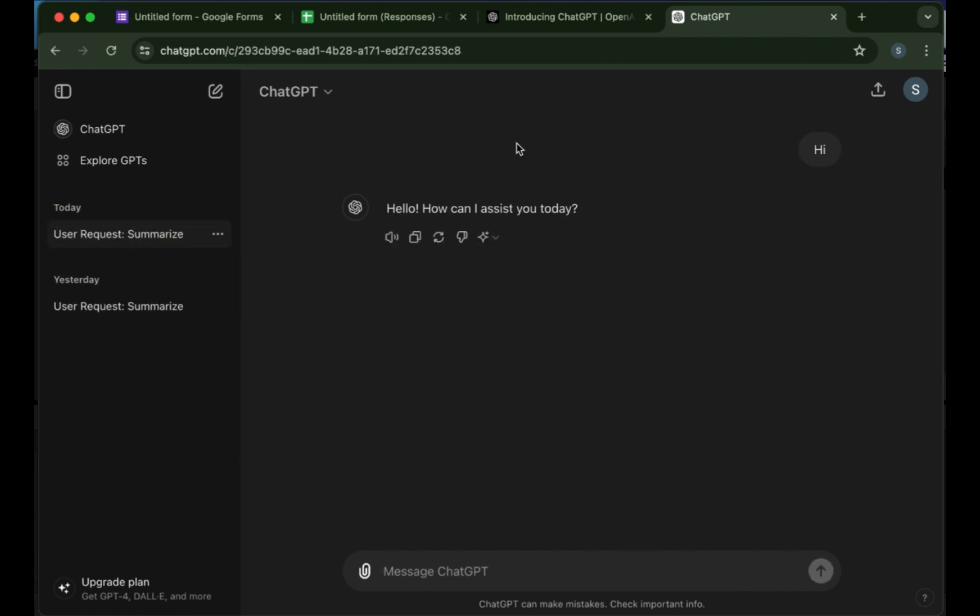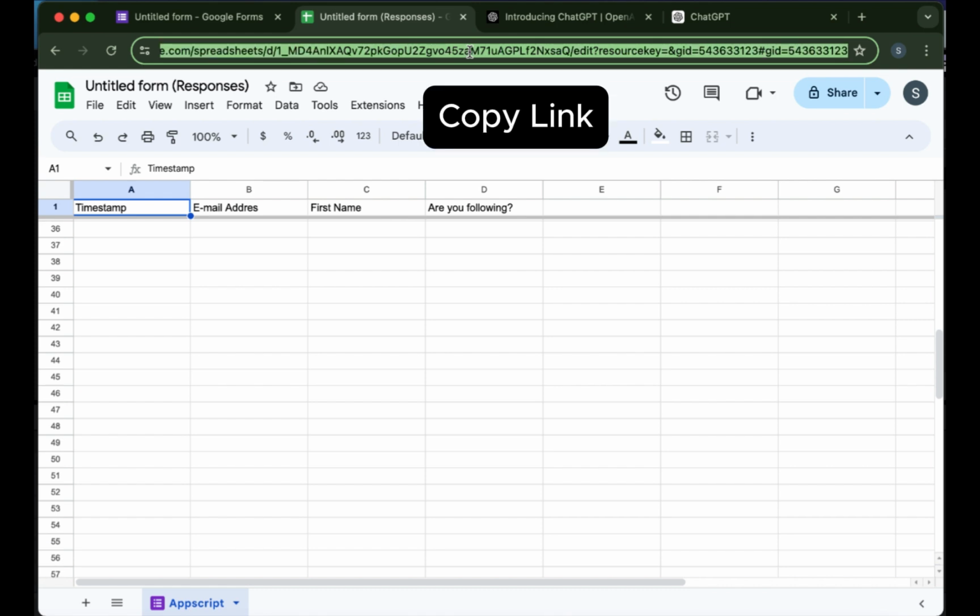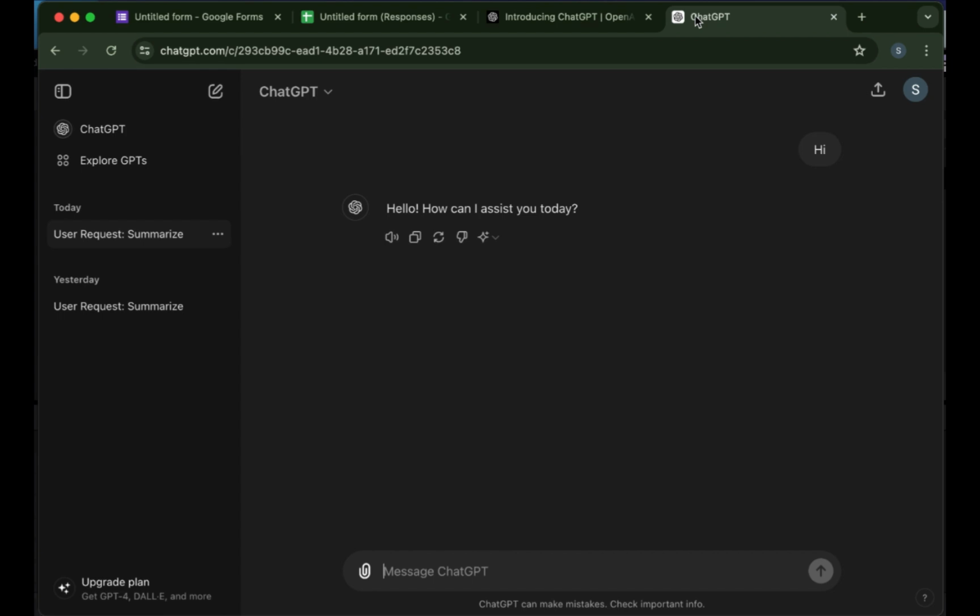But just so you save yourself the trouble, what you're going to do is go back to your Google Sheet. Then you copy the link to that particular Google Sheet. After copying the link, you include it in the argument you're going to give ChatGPT. So, for instance, you tell ChatGPT,